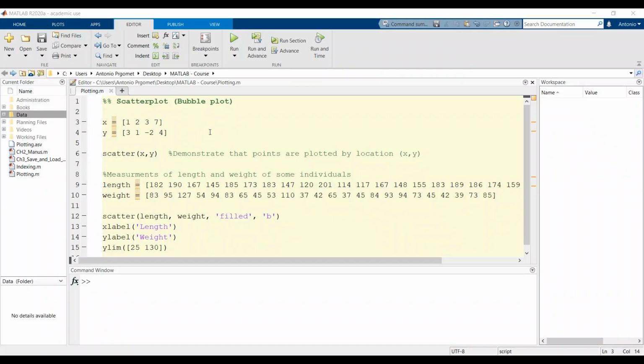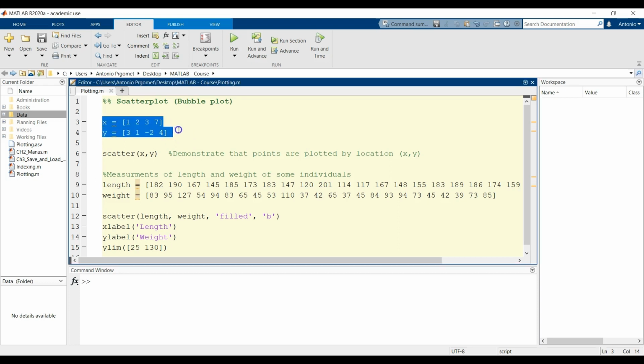Scatterplots, sometimes also called bubble plots, are used when you try to determine whether two variables are related. So here I have created two vectors, x and y, and if I then type scatter x, y, I will create a scatter plot where the first bubble will be located at the coordinate 1, 3. The second bubble will be located at the coordinate 2, 1, and so on. So if I run this code,